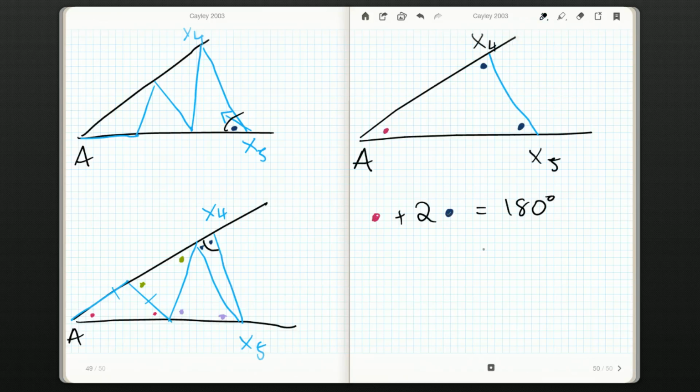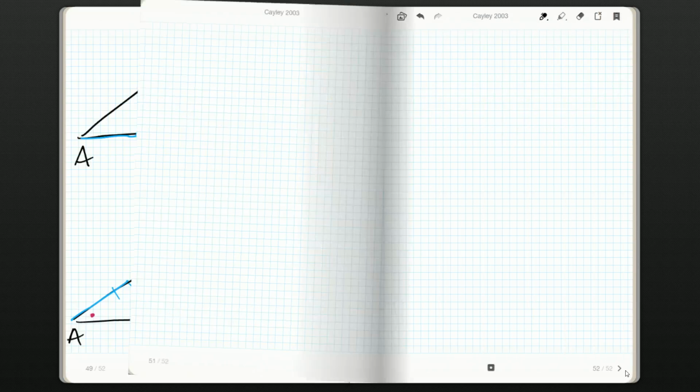But everything here can be expressed in terms of 180 degrees. Each of the dark blue dots was 4 red dots. We've got 8 red dots and a red dot. So we got red dot, and this gives us a total of 9 red dots equal to 180 degrees, or red dot is equal to 20 degrees. Okay. So now I don't have to analyze reversing the pattern and everything like that. And so what I think happens in general